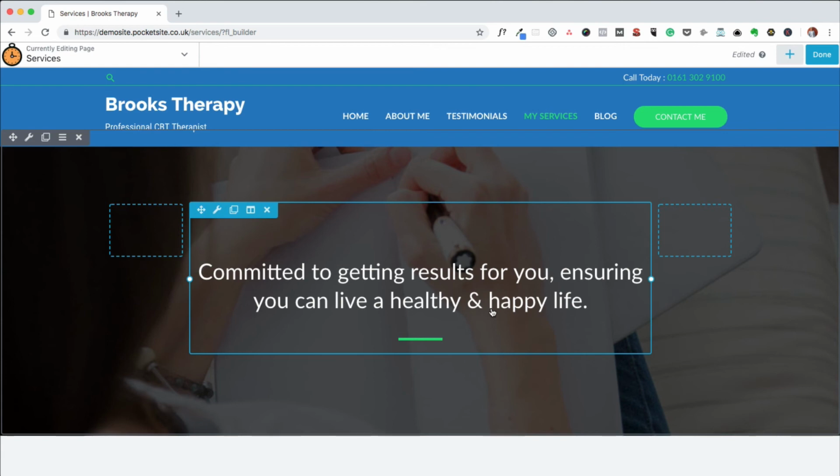So in the next video we'll look a little bit more closely at what you can do with each of these modules that are appearing, how you can change them, what some of the options mean, etc., and how you can start to bring in some templates as well. So rather than crafting designs from scratch, you can start with a template, which is quite useful as you're going forward and